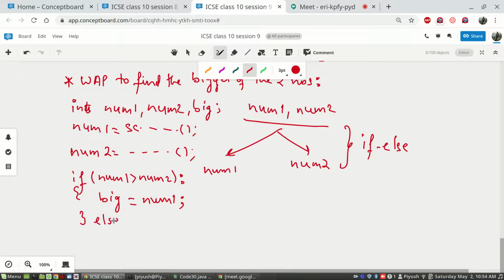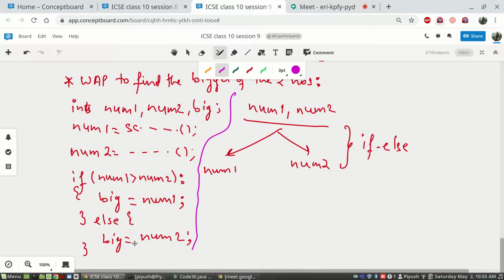else, only the second possibility is left: big equals to num2. Okay, fine.